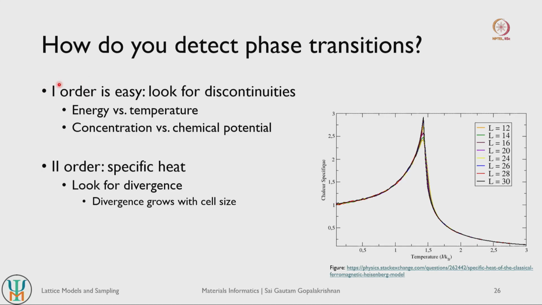First order transitions have a discontinuity in the underlying thermodynamic potential. Let us say you think about Gibbs energies or Helmholtz energies; they will have a well defined discontinuity in their first derivatives. The first derivatives are typically entropy or volume, for example, right, and these discontinuities are easy to visualize. If you plot energy as a function of temperature, you will see a change in slope in your energy versus temperature curve.